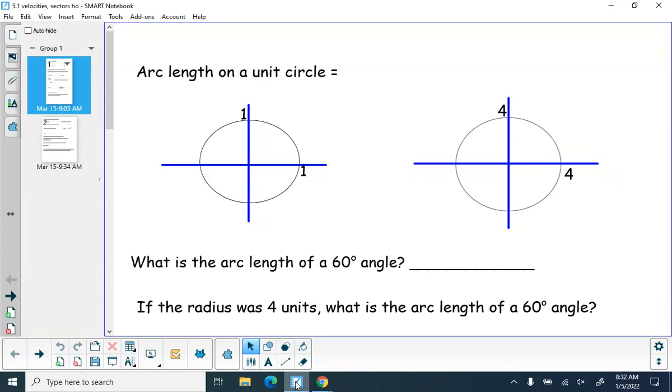All right. The last couple days we've been working with the measures of angles. We talked about the measures of angles. We talked about reference angles. We worked with radians. We've talked about degrees, minutes, seconds. Had a worksheet that involved mainly the radians and the degrees, minutes, seconds. Today's